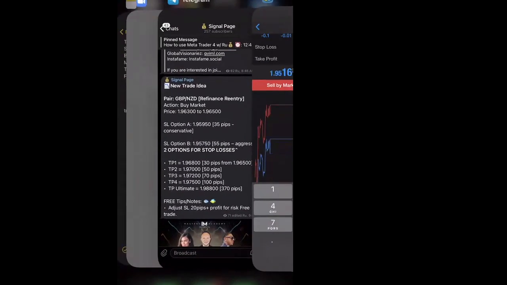So this is telling me action at the top. It says action. Right under pair, it says action, buy market. So I would go ahead and enter this trade as a buy. This trade is old, so I'm not going to enter it, but that's pretty much how simple it is